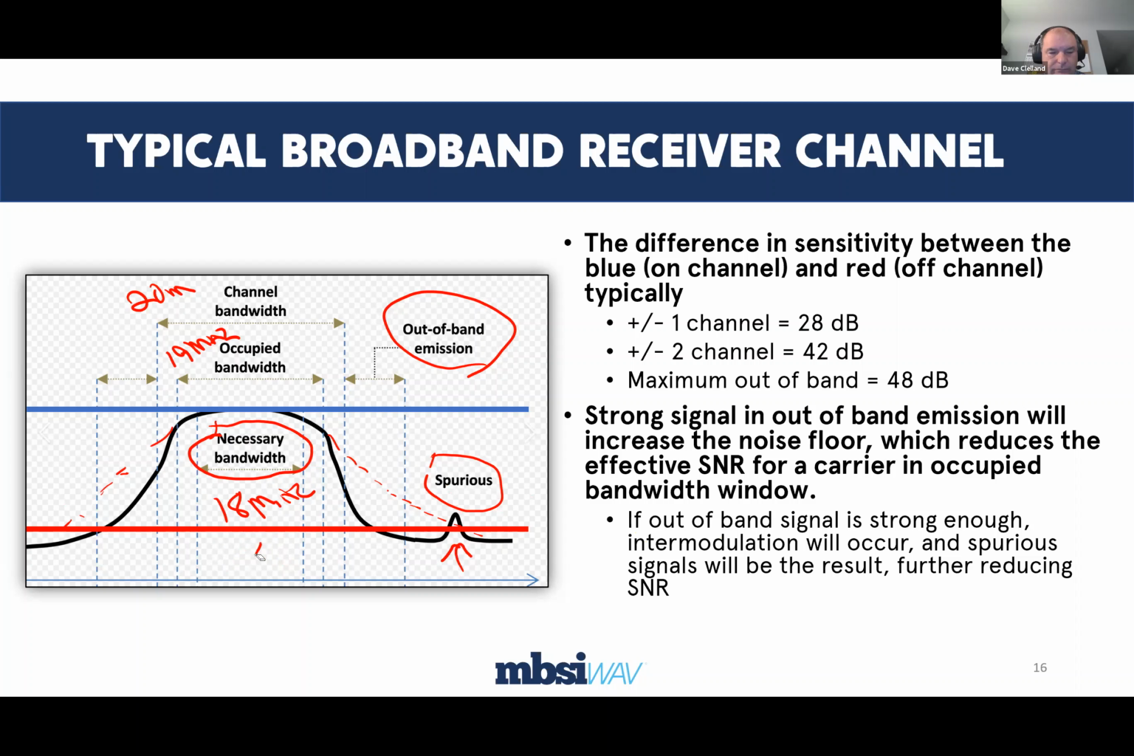Now, take this, erase this off, because I want to make another point here with this plot. Okay. So if this is F1, then F2 looks just like this, except that it's going to be over one way or the other from F1. So if our channel bandwidth is 20 megahertz and our occupied is 19,